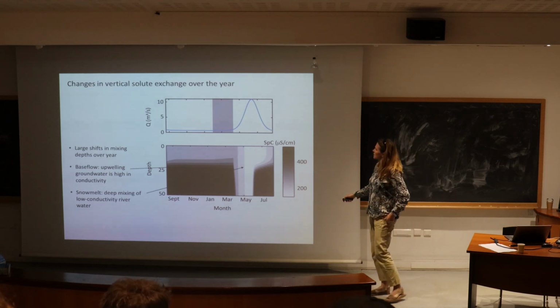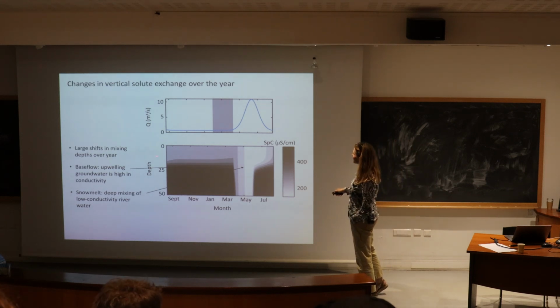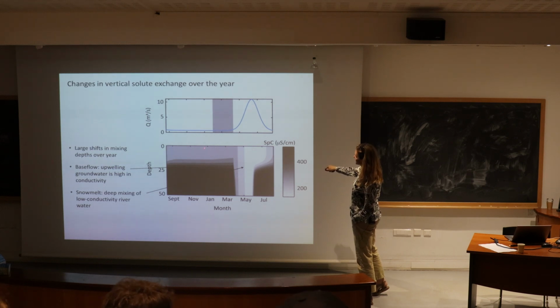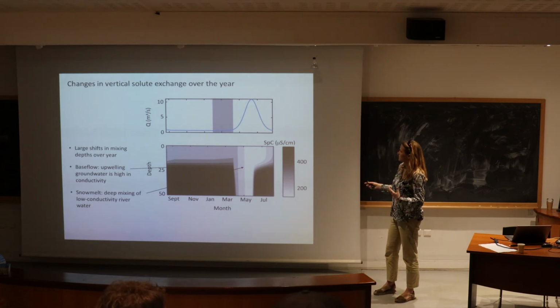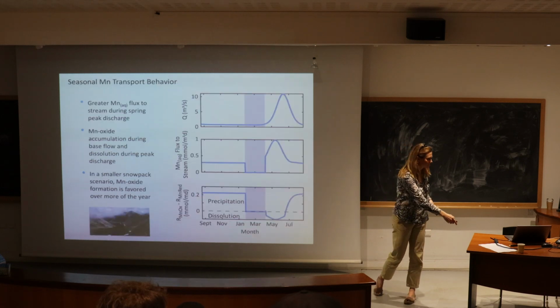And what we can do then is try to understand how mixing in the stream bed occurs vertically and over time over the year. And you can see when groundwater is upwelling, we get these. So specific conductivity, this is more river water-like, this is more groundwater-like. You see the mixing profile over most of the year when groundwater is upwelling looks like this. And then when the stream bed thaws after this frozen period here and the river discharge increases, we get this huge flux of solute into the bed. And then a return to more base flow conditions at the end of the season.